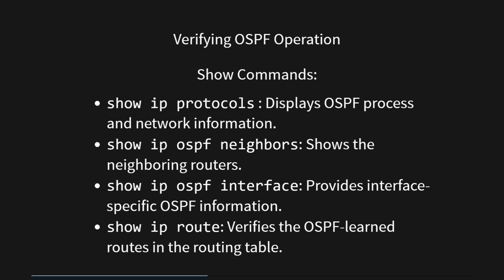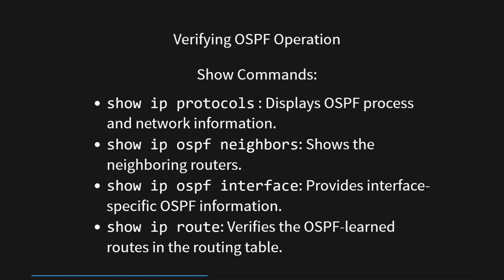The provided show commands are useful tools for verifying and troubleshooting OSPF, Open Shortest Path First, configurations on a Cisco router. The show ip protocols command presents detailed information about the OSPF process running on the router, including its process ID, timers, router ID, and networks that OSPF is advertising. Show ip ospf neighbor displays a list of neighboring routers that are part of the same OSPF area, allowing administrators to check if OSPF adjacencies are correctly formed.